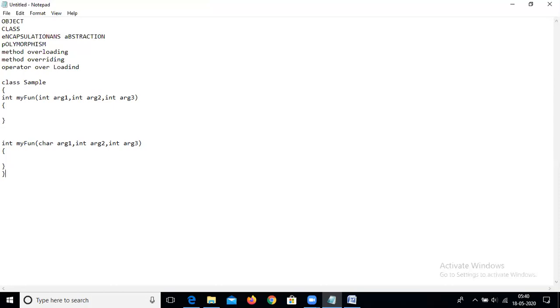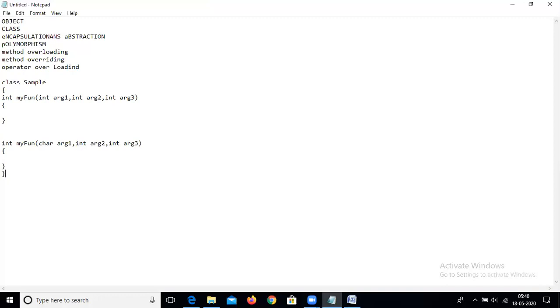So this is called method overloading. At runtime, which function gets called depends on the call. First we have to create the object of that class. In the next lecture I will teach you how to create a class and an object of the class in Python. But in simple terms, method overloading is the multiple definition of functions with different signatures, meaning a function repeats multiple times inside the same class with different signatures.